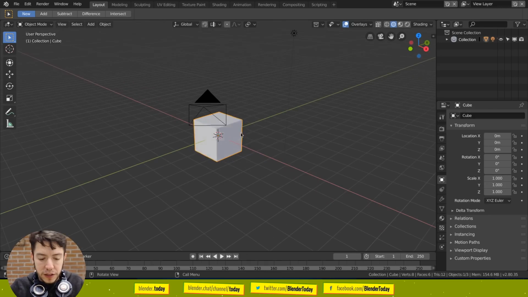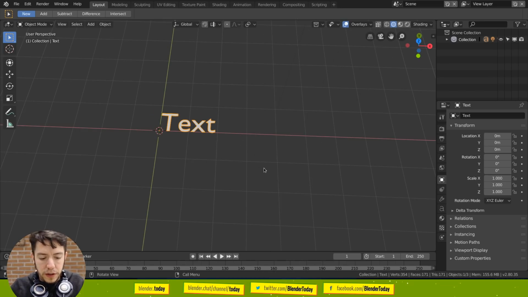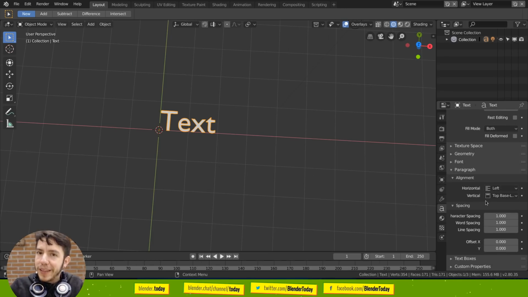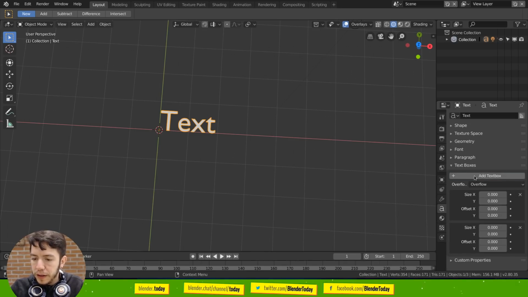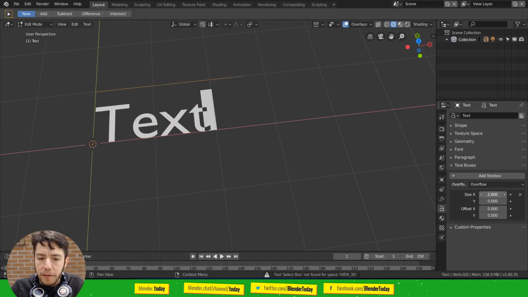The text boxes. When you add text now, if you're not familiar with it, the text objects can have text boxes. So if you enable it here from the text boxes panel, add a text box, oh, we already have one by default. It's kind of confusing that by default it's just size 0. Maybe it should adapt itself to the content first by default. But the thing is, if you give it any size, then you should see in edit mode the size of